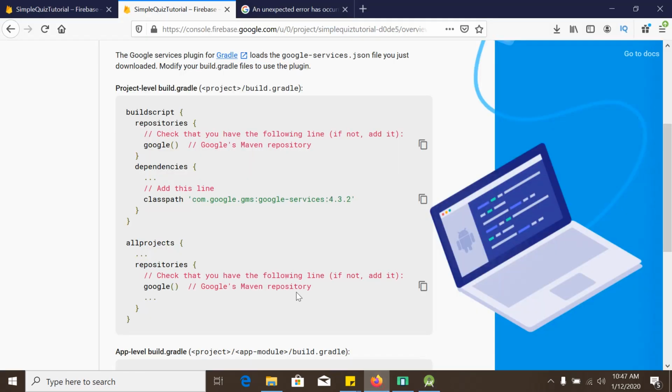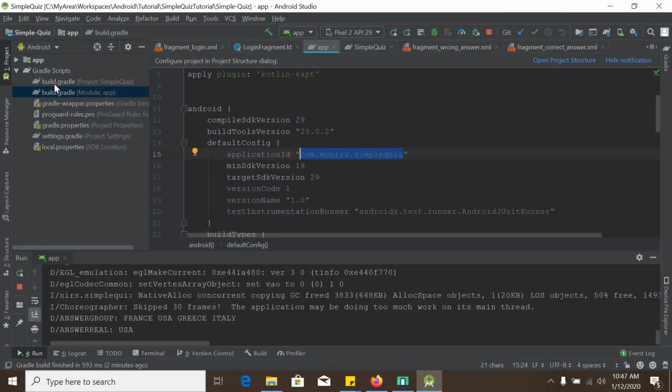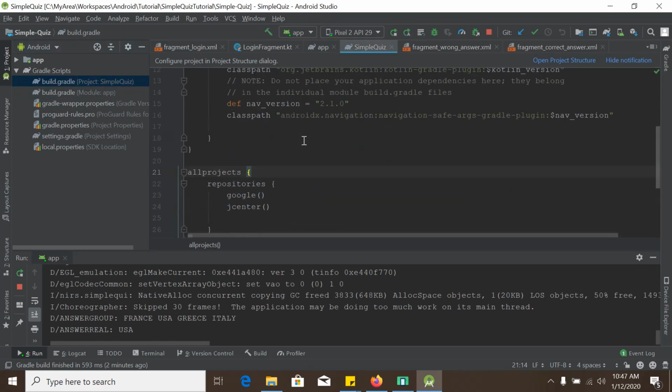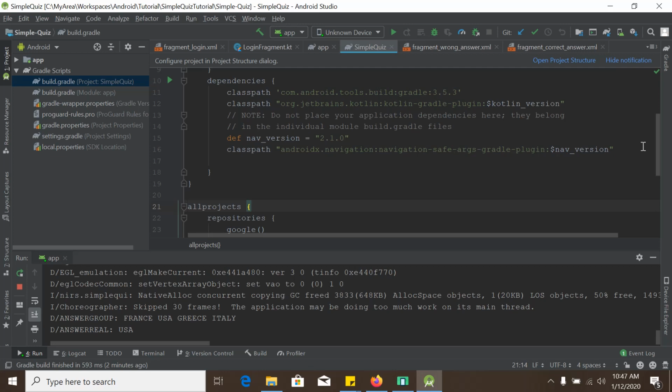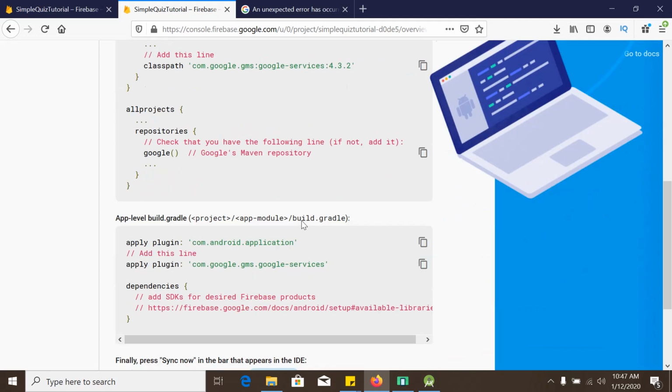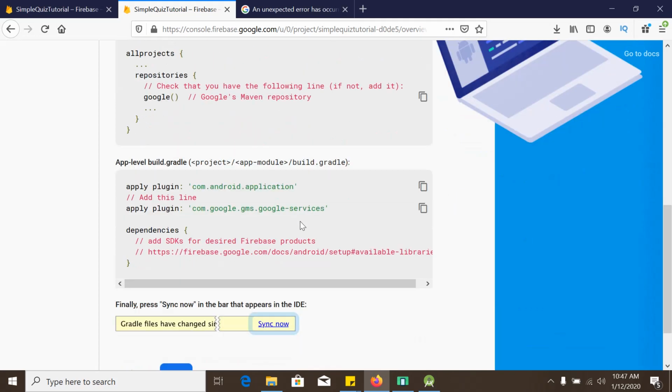So we will copy this line to the build.gradle project file and paste it beneath here. And at the app level build.gradle, we will copy it